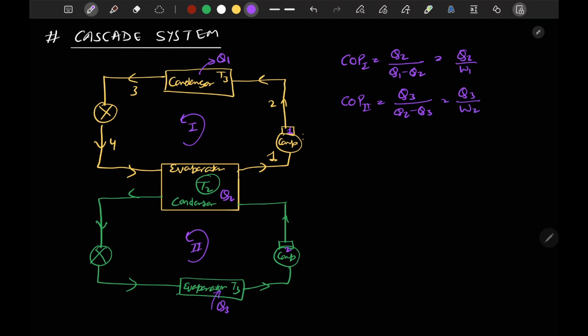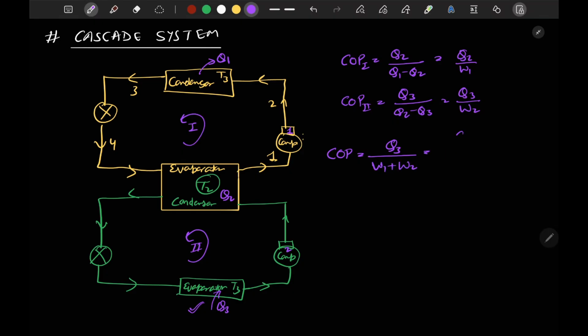If we are talking about overall COP, then considering the whole system, only this evaporator is our required desired output. So we'll write Q3 upon net work, that is work done 1 plus work done by compressor number 2,